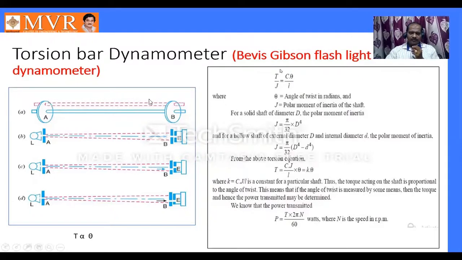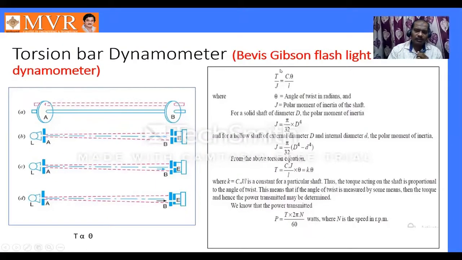See, here the angle of twist is 0. If the slot comes downwards, the angle of twist is going to be 180 degrees. If it comes to here, the angle of twist may be 90 or in between 90 and 180. Like this, as the disc contains 360 degrees, this is also 360 degrees. This position and this position, comparing these two, we are able to measure the angle of twist. So torque is directly proportional to the angle of twist, and by keeping the value theta here, we can measure the angle of twist.